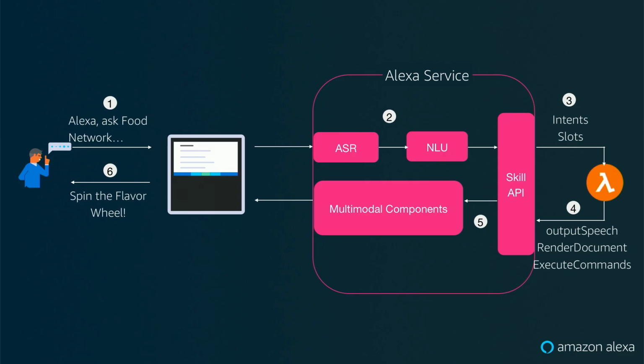That said, you can also render APL documents alongside your output speech. These are sent to the device in parallel, which means they're inflated in parallel, and they're written in APL. And APL is just JSON. And so all of that is then compiled and sent back up to the Alexa service in the cloud. And that's where we render the multimodal components, interpret that JSON into actual items that will appear on screen. And then those are sent to the device, inflated, the output speech is said, the visuals are shown on screen, and the customer is super excited because they have a response that they're satisfied with,